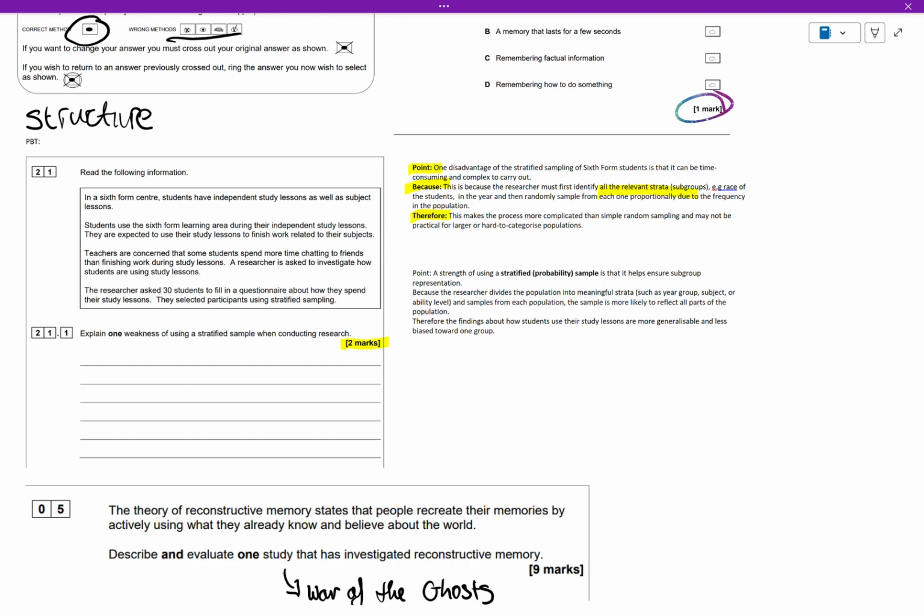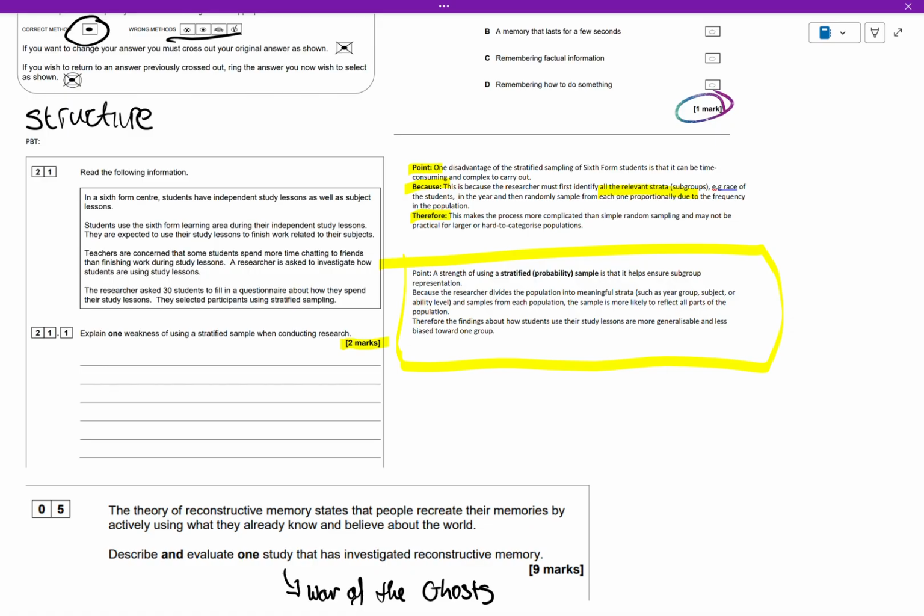This can be applied to any question basically, and for example, if you want to do a strength of stratified sampling, you would use the same PBT structure, but just changing each point. For example, a strength of stratified sampling is that it helps ensure subgroup representation. Stratified sampling is easily the most